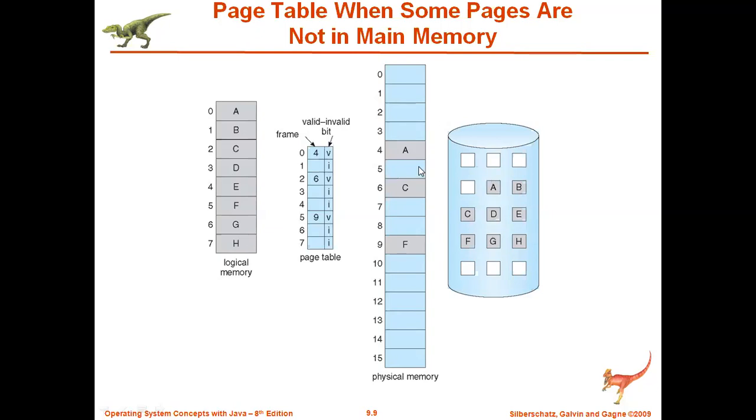When you bring that page from secondary storage to the primary storage, your page table should get updated in such a way that the frame number in which you put B should come here, and this I should get changed to V. You need to update your page table. But you are not bringing the page until and unless CPU asks. Randomly, I am not putting all. Of course, I can put all these pages into the main memory. It is possible. Hardly 10 pages are there. But I am not putting all those pages into the main memory until and unless CPU asks. When he asks, then I am giving it to him. So this concept we call demand paging.